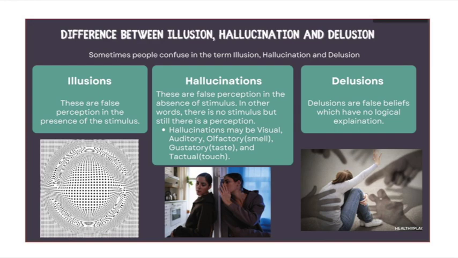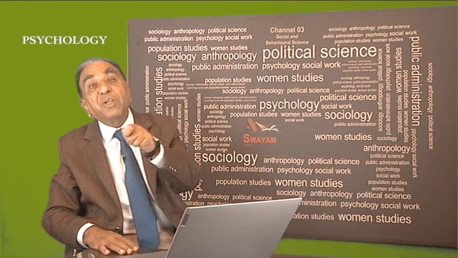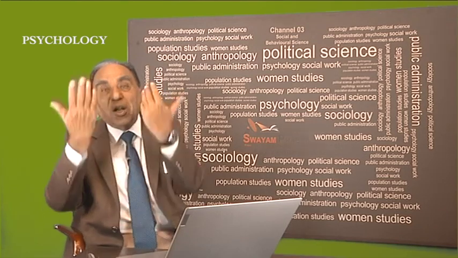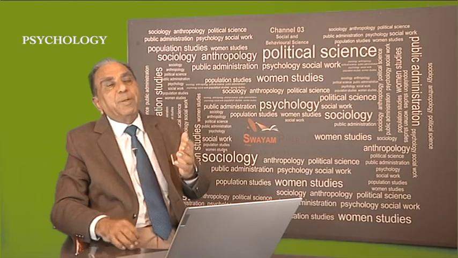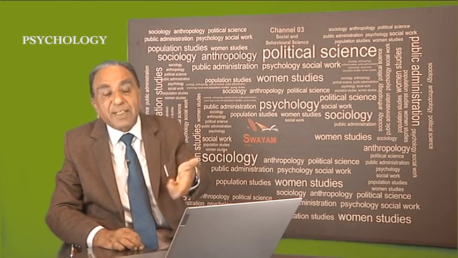Hallucination and delusions are the symptoms of schizophrenic patients, paranoia patients, manic depressive patients, those persons who are suffering from psychotic diseases. It is a symptom, whereas illusion is a normal phenomenon. Illusion may occur in you and me, but hallucination will not occur in you and me. If it is occurring consistently, that means there is something wrong. I will have to consult a psychiatrist. Now, delusion, false belief. There are various types. I am not teaching you abnormal psychology at the moment, so I will not go into detail. I will give only one or two examples so that the concept may be clear.